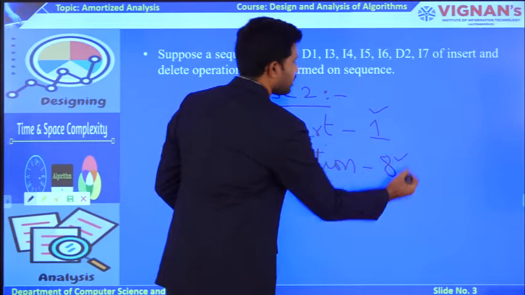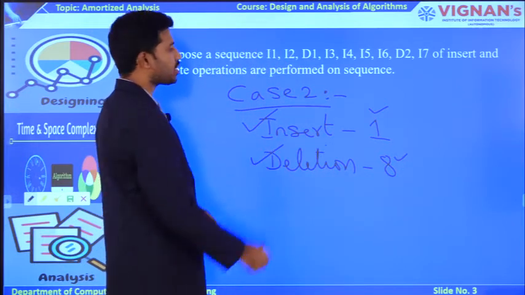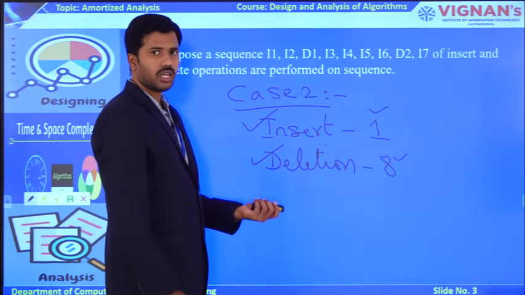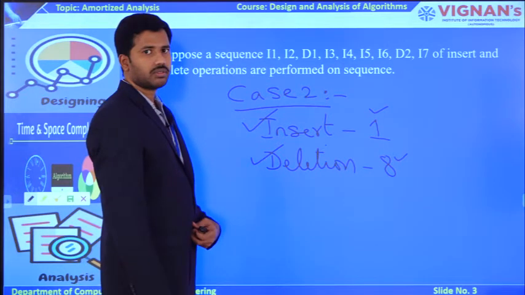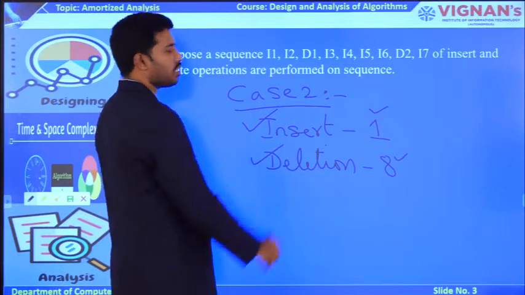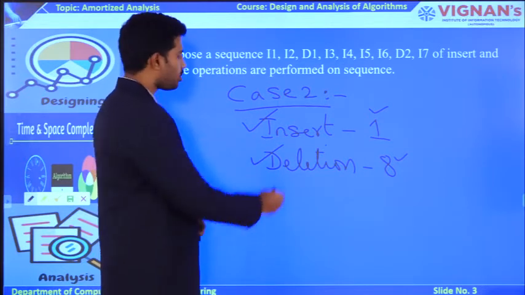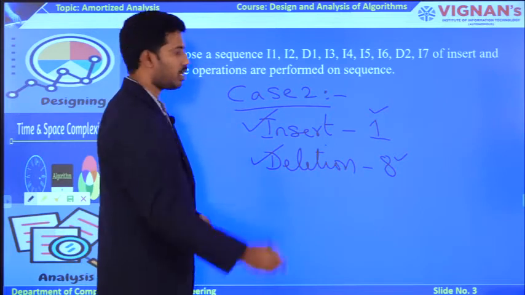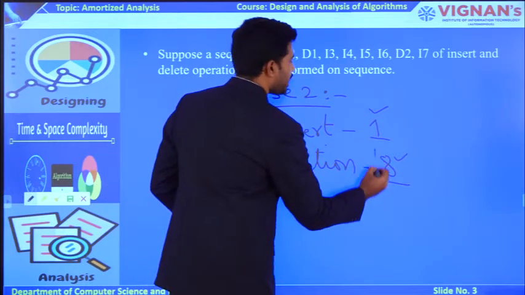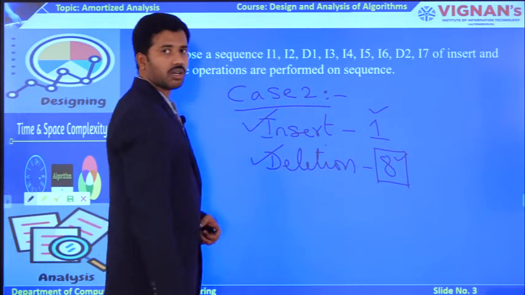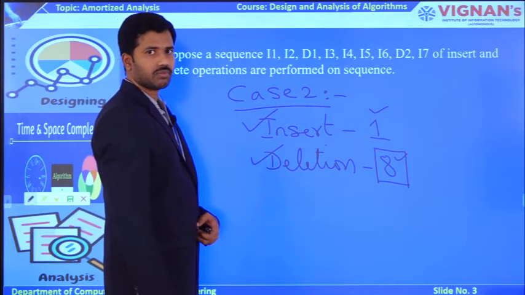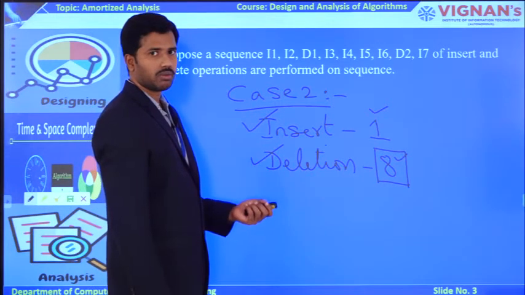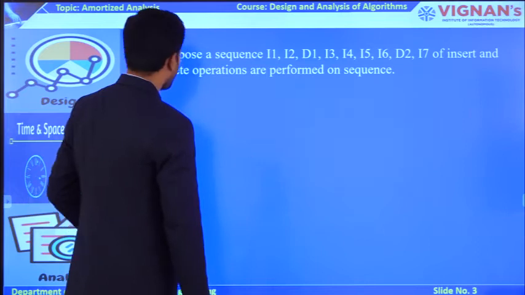So if you observe this case, the insertion cost as well as the deletion cost are going to be different, right? Insertion operation will be performed with best case and deletion operation will be performed with worst case. To apply one deletion operation, you need to have an actual cost of 8. So in these cases, definitely you are going to get a problem, right? So now we try to observe one example.